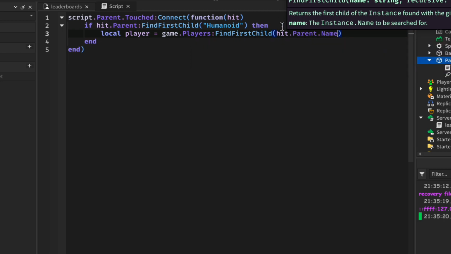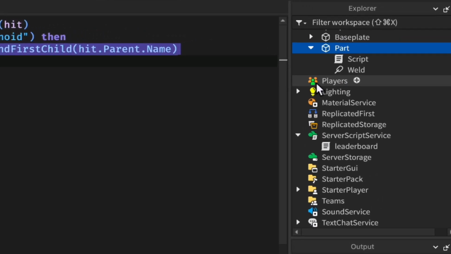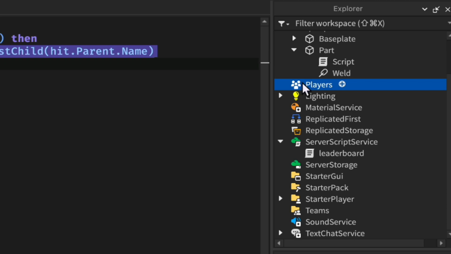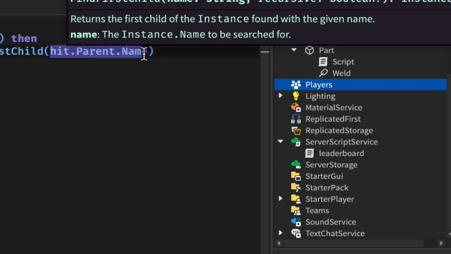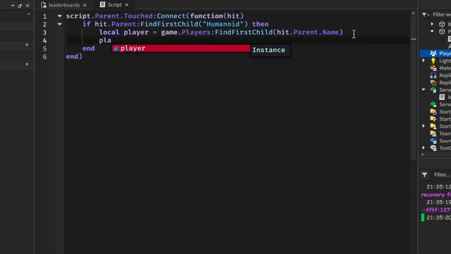So this is now referring to the model's name, so the character's name, and it's going to go inside and find the one that has the same name as the character name,